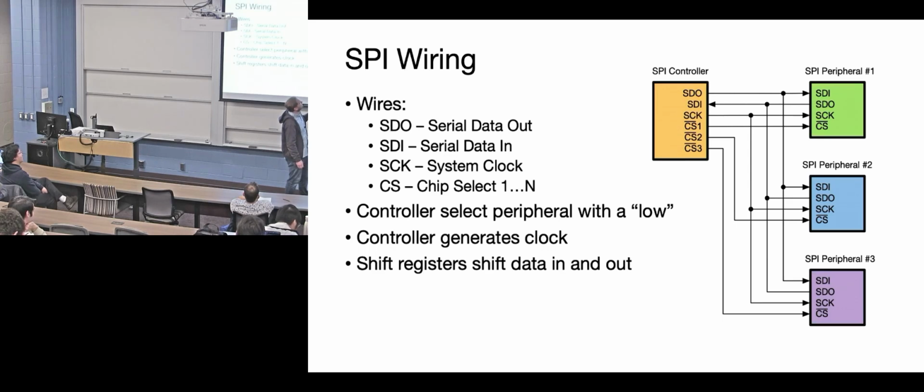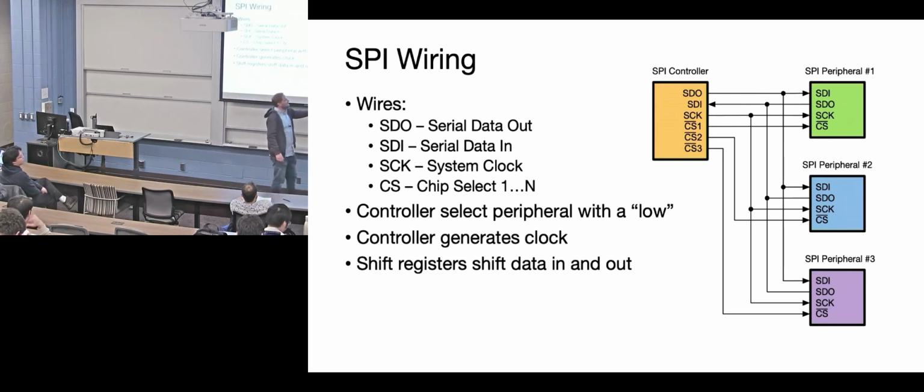What are the other important things? The idea of arbitration comes in now, where you have multiple controllers, multiple peripherals or receivers, and now you need some way to control or arbitrate who talks when, and that's where the chip select lines come in. There's no specific way for a peripheral or a target to decide it wants to talk, right? No matter how important the information is, it doesn't matter. The controller would have to go and poll to figure out if there's important information.